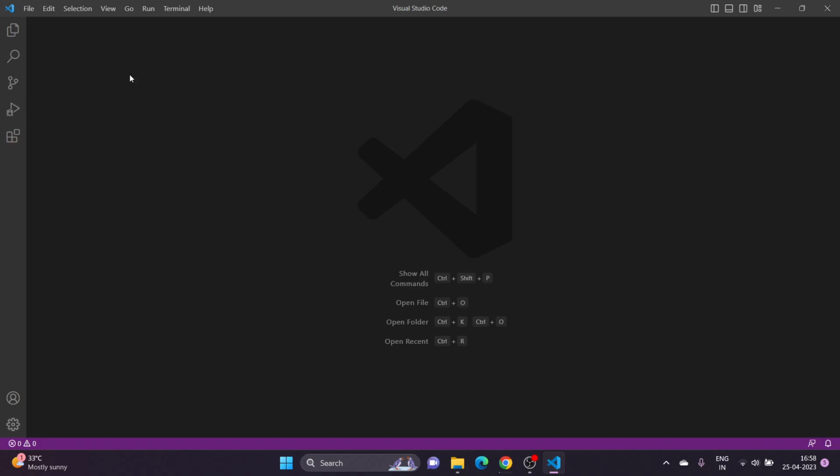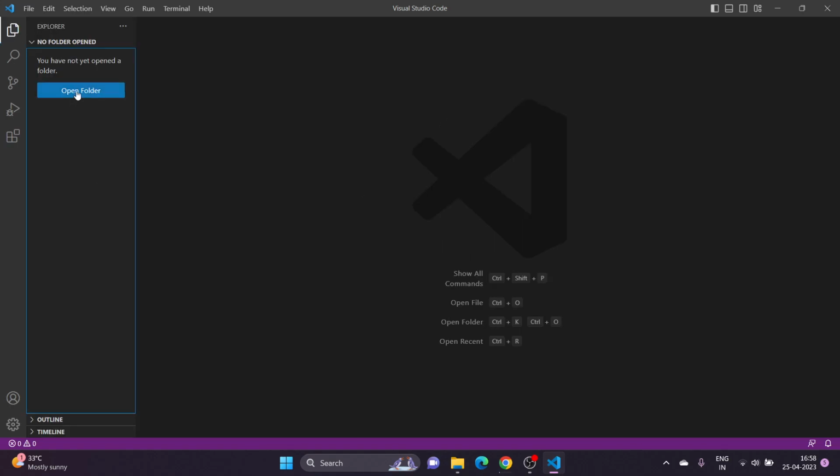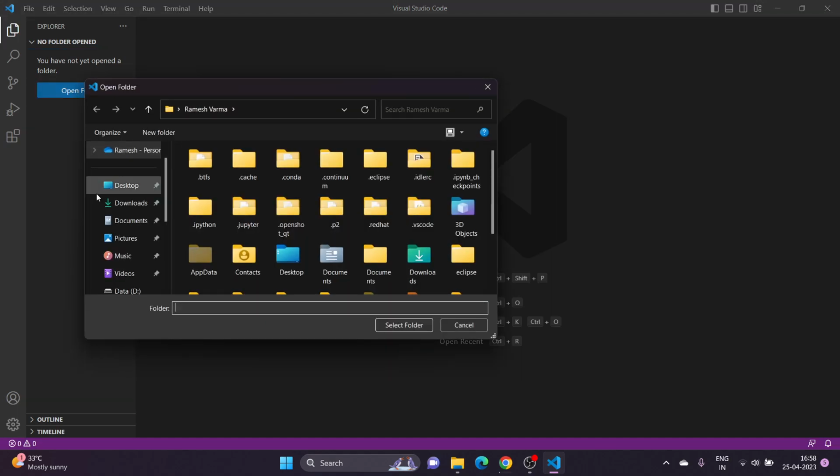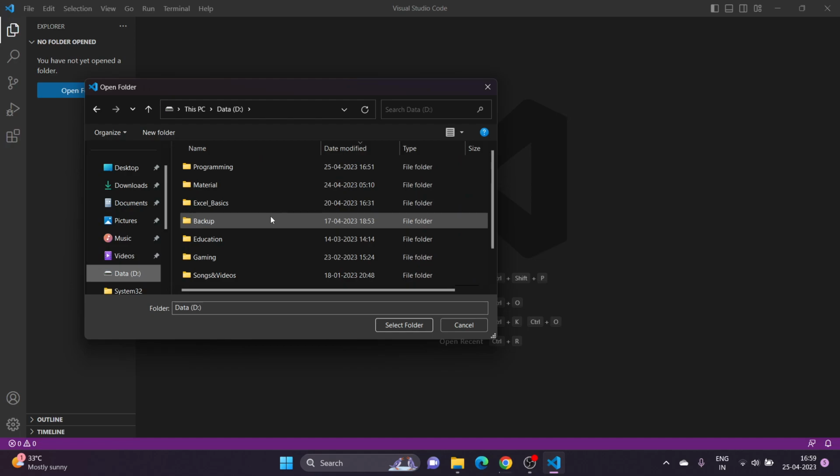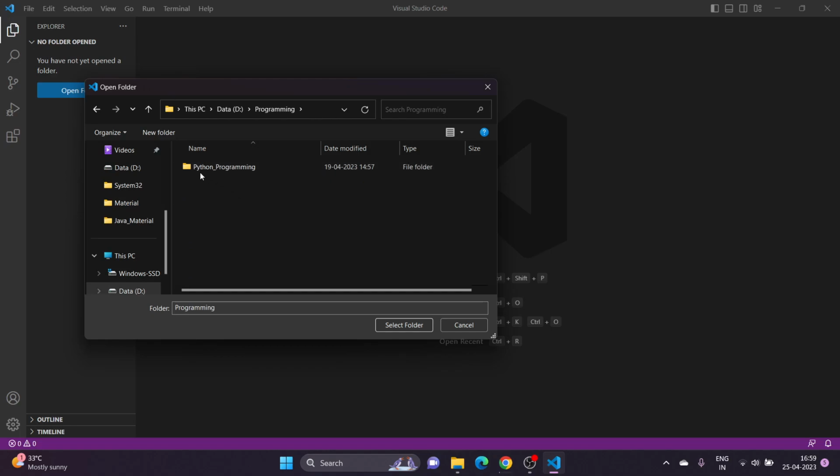In order to create a Java program, you need a folder. So go to File Explorer and open a folder. Basically we are saving Java code in a particular folder, and we are opening that folder in Visual Studio Code. That's what I'm trying to do now. Okay, so I am creating Java programs in the programming folder in the D drive, and I'm creating one more folder called